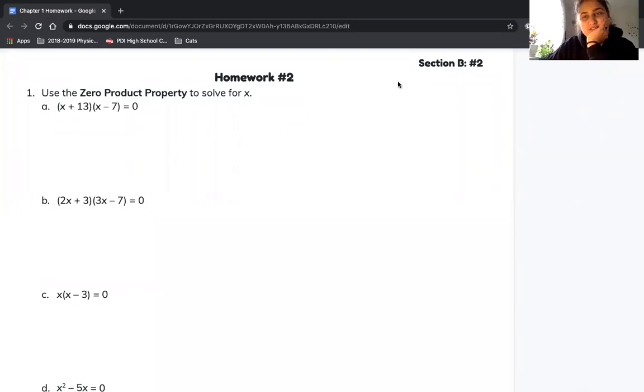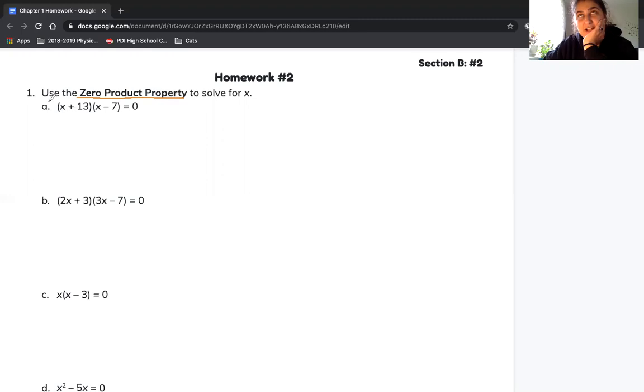So now we're on to homework 2, and this is the first time that we're going to see the zero product property. All the zero product property is saying is that you are finding a number that makes the equation or the function turn to 0, right? So here we have a lot of factored expressions. They're not multiplied out, so it's easy to use the zero product property because we can figure out what makes